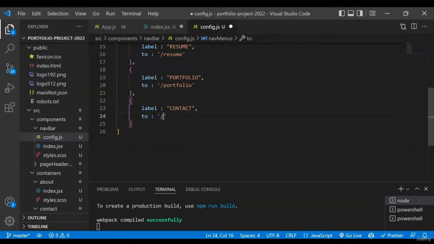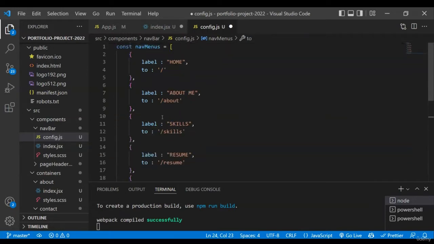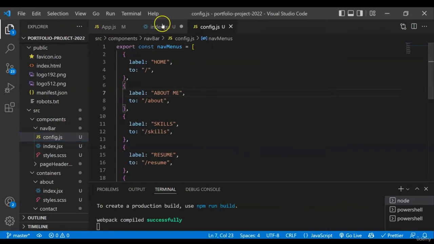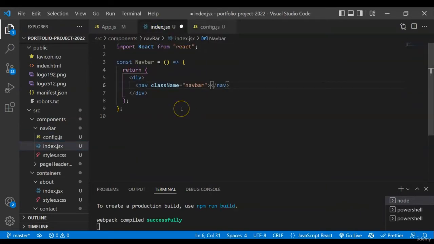this will be contact. Now to use this in our index.js, basically we have to export this, and this is done. Now if I save this, we'll go back here, and we have to import that while creating the menus. So the next thing we are going to do, the first thing is that we'll take another div